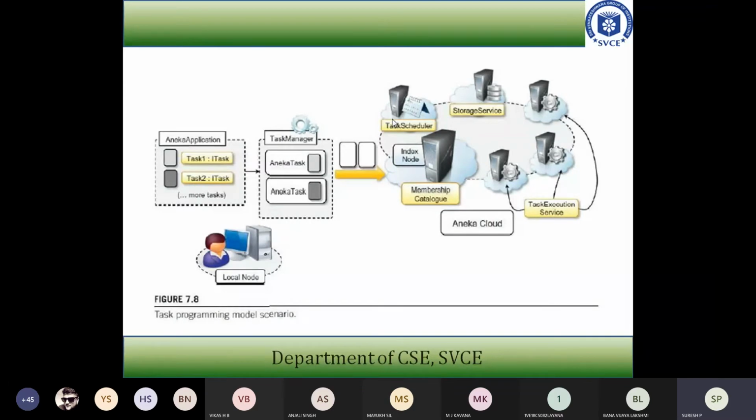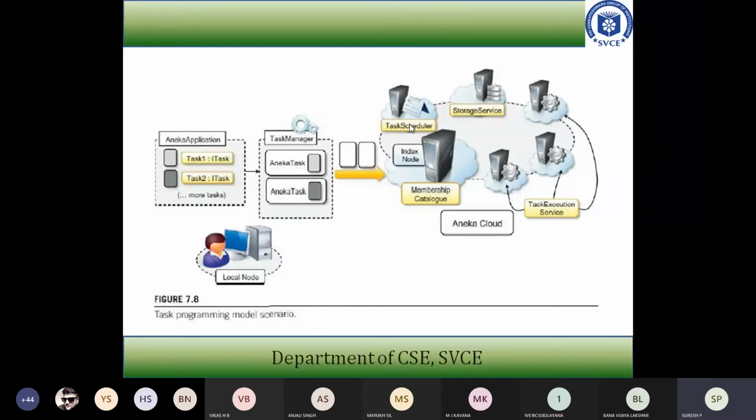So you're going to have the task execution systems, depending upon the requirement which is given by the task scheduler. So the task scheduler is going to give you the requirement. Your task scheduler is going to manage the execution of task-based applications. It is in charge of managing the execution of task-based applications.